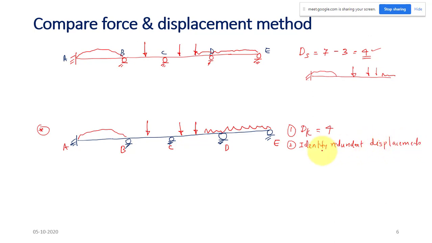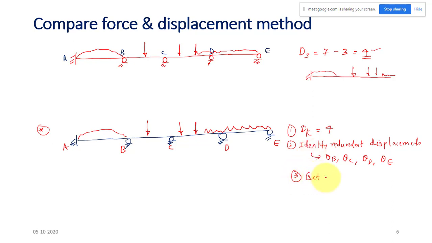So what are the unknowns? We have theta b, theta c, theta d, and theta a. The second step is similar. Here we are identifying the extra forces, and here we are identifying the unknown displacement. And the third step in displacement method, what do you have to do? Here we removed all the redundant forces to get the primary structure. Primary structure means determinate, in this case statically determinate structure. Here we have to do a similar step, so get the primary structure.